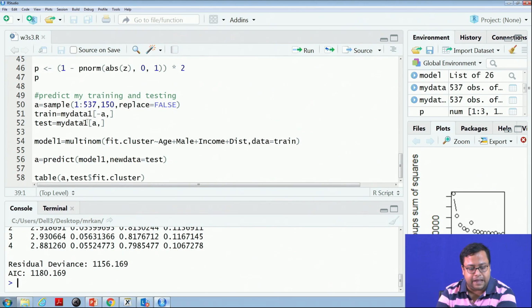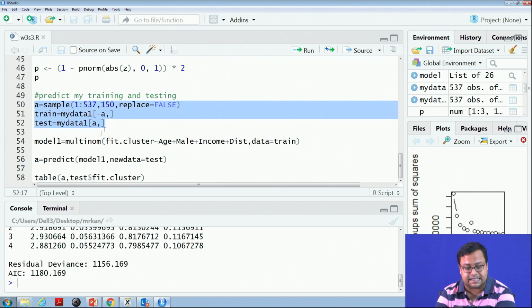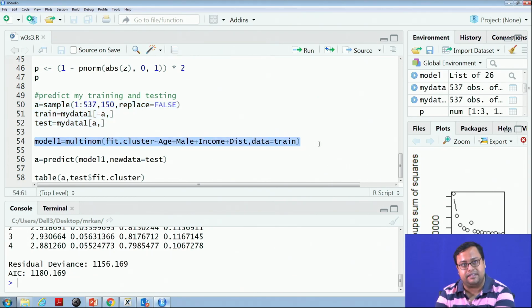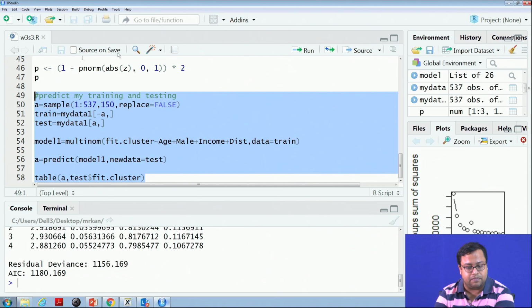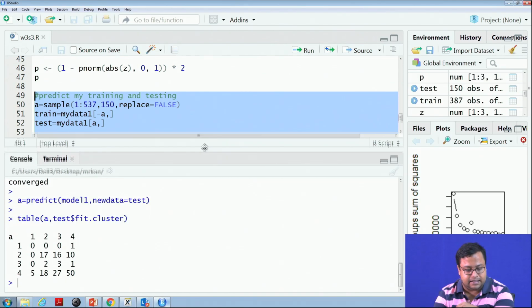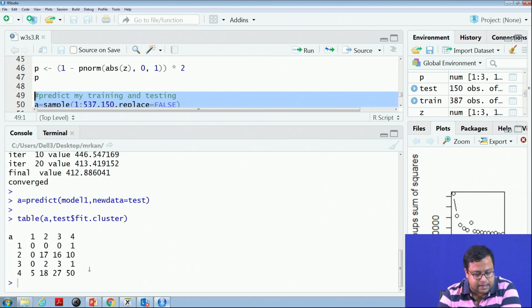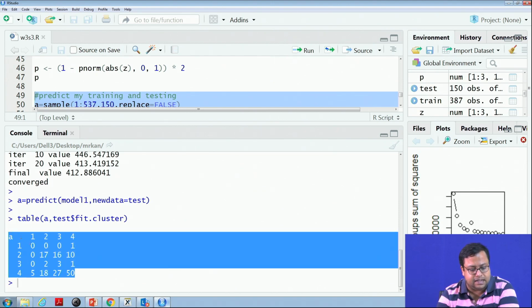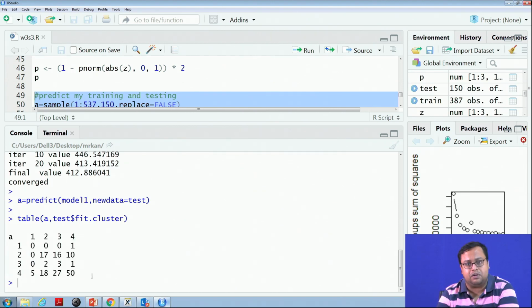We can also break the model and see how the predictive model does. So, I have broken the data set into training and testing, created the model with the training data, predicted with the testing data, and found the confusion matrix. It is a similar job to what we have done for logistic regression. You can try that, and if I run these 4 lines together, the confusion matrix gets created. You can see that there are lots of off diagonal elements.